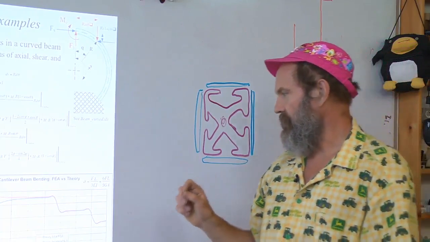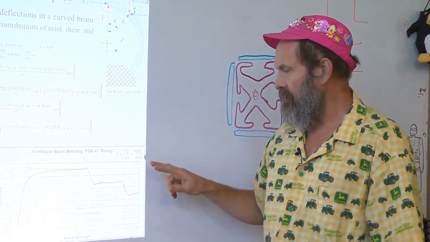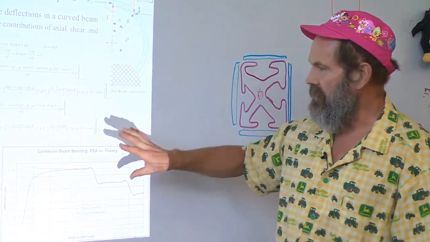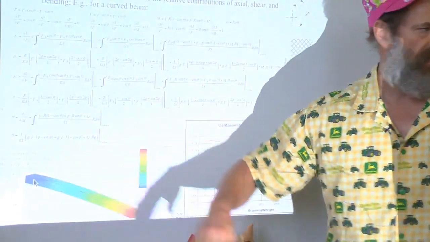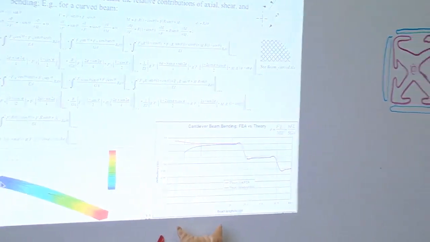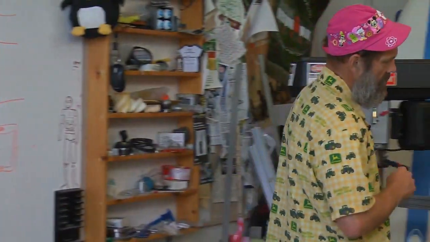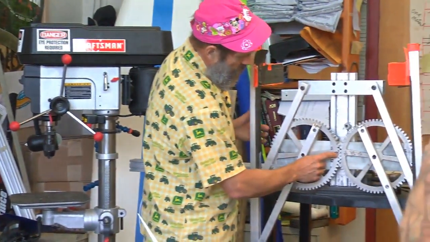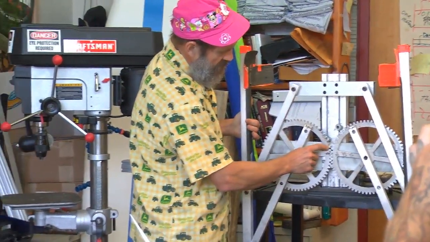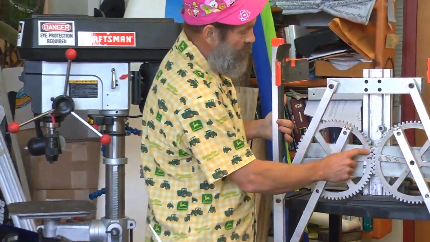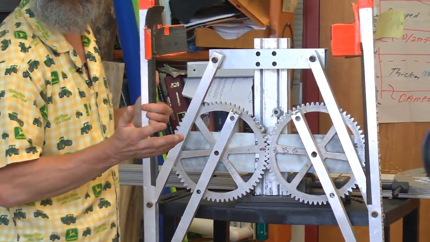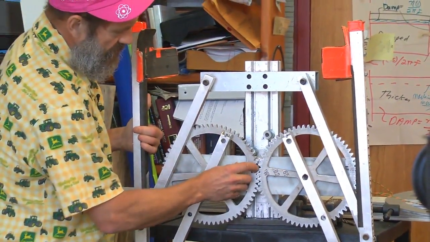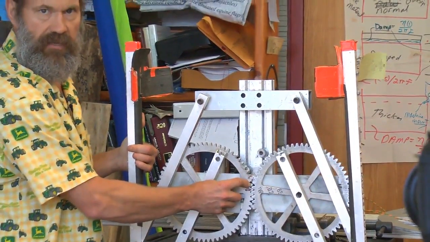You also have to be careful of how your theory goes when the beams get really short and stubby, like gear teeth. We'll look at these gear teeth over here. What's the stiffness of the gear tooth? It's so short and stubby that you can't just apply classic Euler beam theory to it. The shear of the teeth becomes one of the dominant